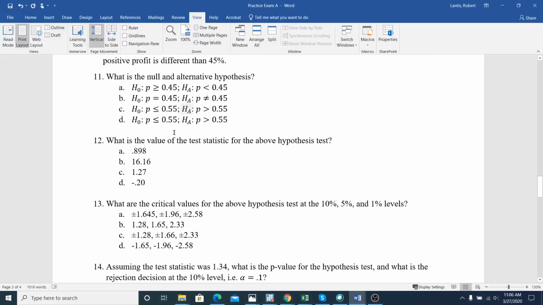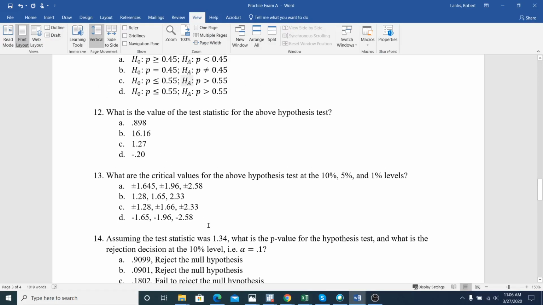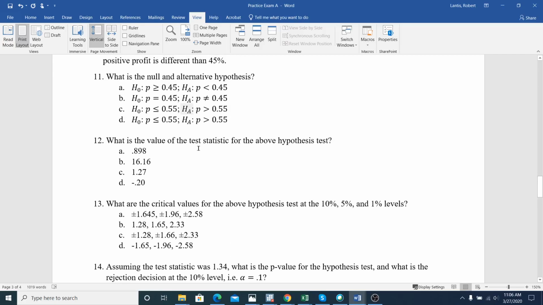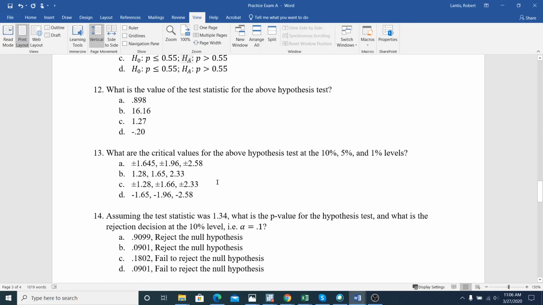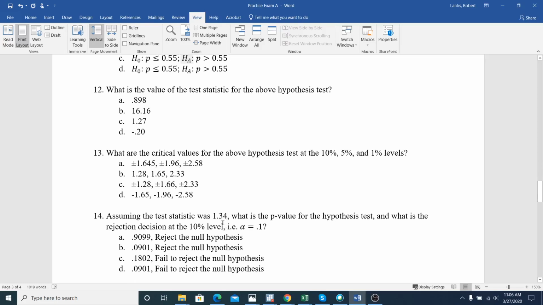All right, so I've got my test statistic, 1.27. Oh, and actually, I gave you an assumed true test statistic for later on, but if we wanted to find the p-value for that one, that's what we would have done. Later on, I give you an assumed true just in case you got 12 wrong. I tell you, assume it was 1.34. Well, then what would you do? It would be the exact same thing. You'd want to find the area to the right of 1.34 and then multiply it by 2. So I'm guessing if we do that,